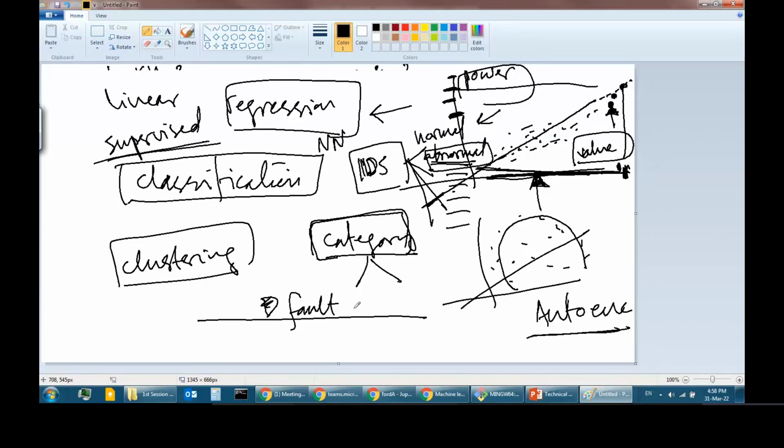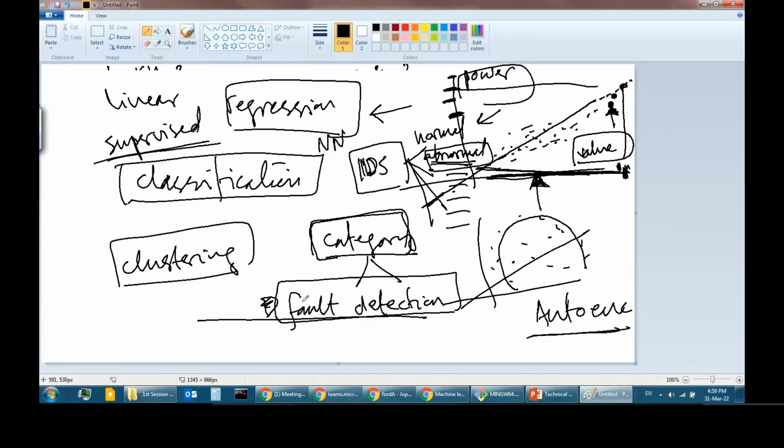So again, fault detection, some of them use images. This will be done using a convolutional neural network. But what's the appropriate technique for that? What is this problem exactly? Is it regression or classification or what? This is classification, because you have images, you train the network for different kinds of faults, different kinds of defects,